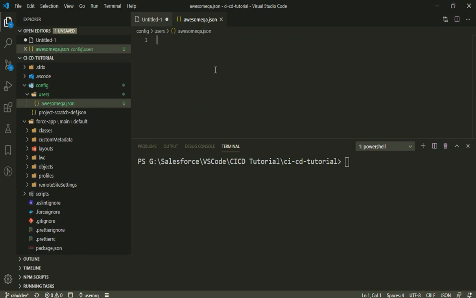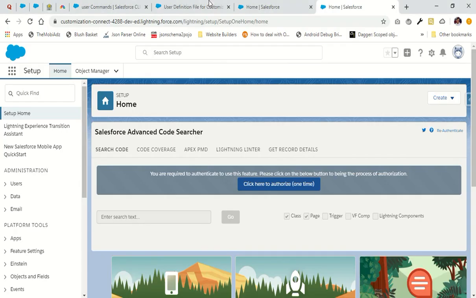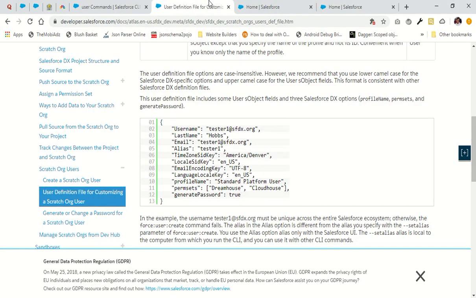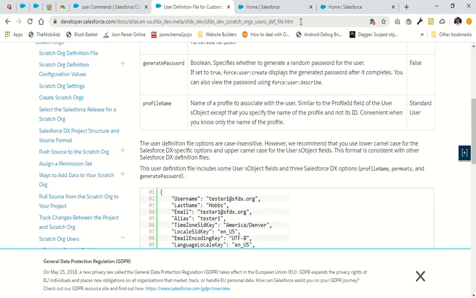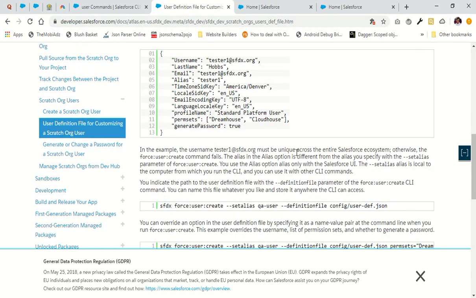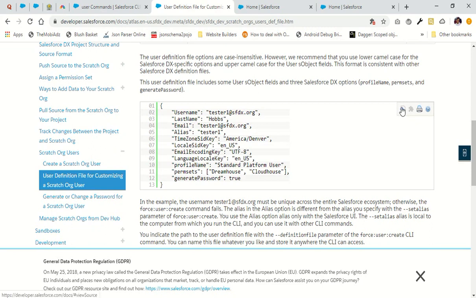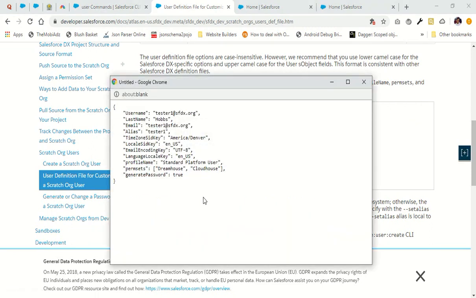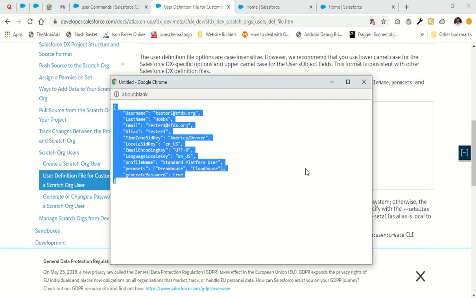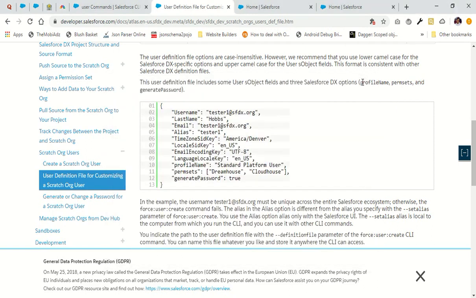And now I need some configuration here for that particular user or QA for which I'm creating a user, right? So to have a look at the configuration, we can go to the Salesforce documentation. I'll give the link in the description, so nothing to worry. And in this documentation, we can see here that we have a configuration for any particular user that we want to create in our Scratch org, right? So I'll give the link to the original documentation, so that even if this particular snippet is updated, you can directly get the latest information from there, right?